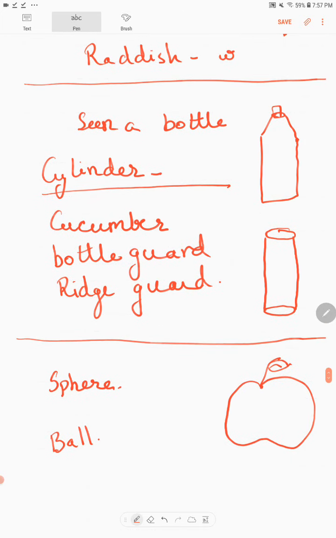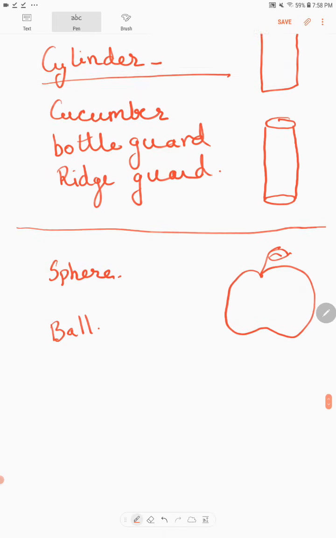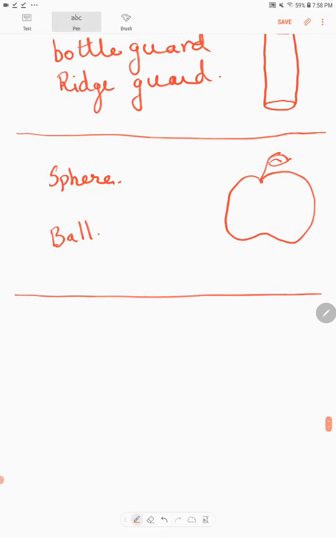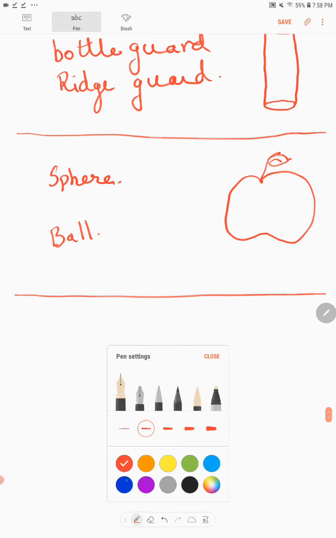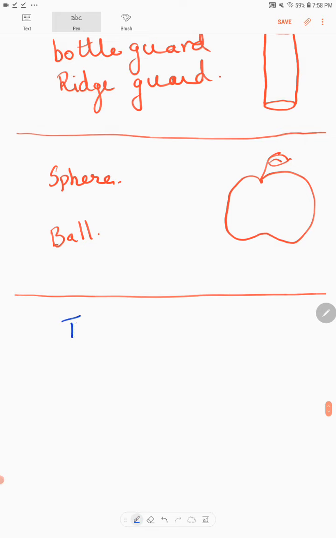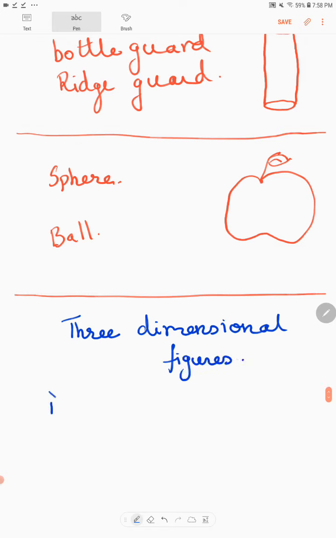Like you have seen what is a triangle, what is a rectangle, but these are three-dimensional figures. These are called three-dimensional figures. So first is cone, it's like this. Second is cylinder.